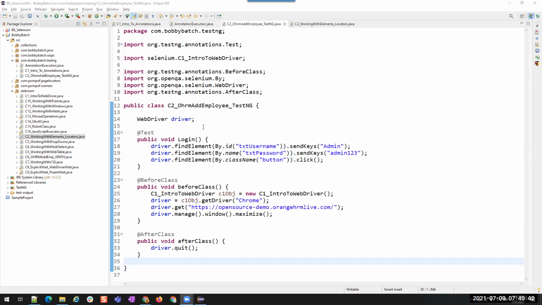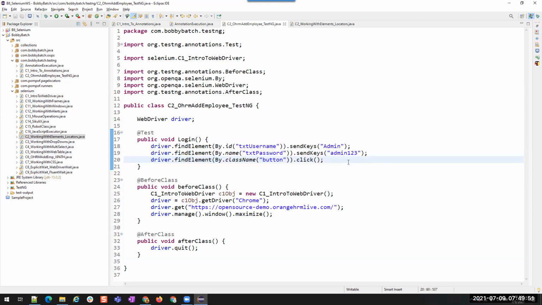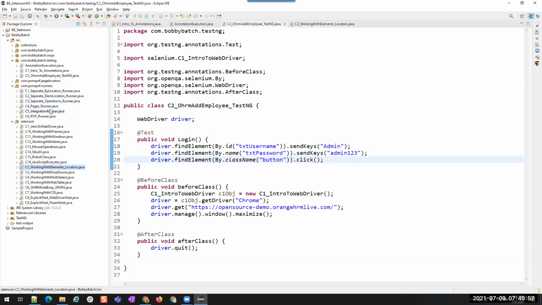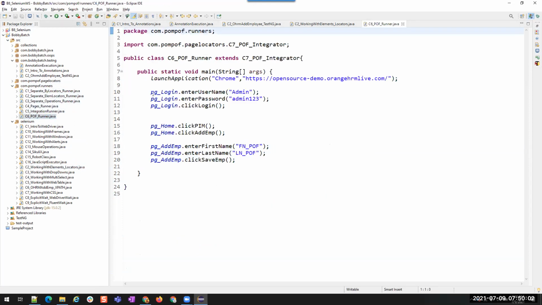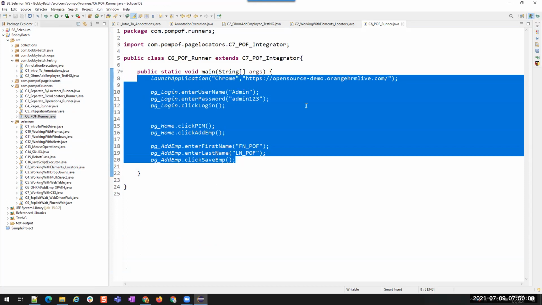Fine. So that will be the task for you, because you don't have to do anything. You just have to call those methods inside this @Test annotation. That's all. Rest all will be the same, right? We already have, where are they? Yeah, these are the runner methods, like the integration POM runner. You see, we have called this inside the main method, right? So similarly, these methods will be called inside the @Test annotation method. That's all. That is the only difference that we make.